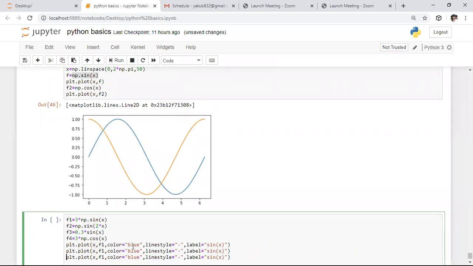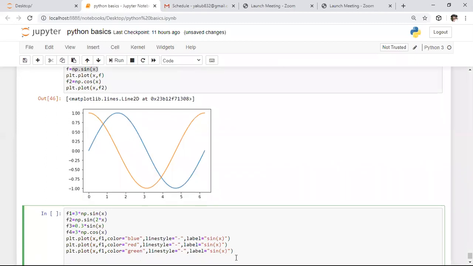Here, the first thing I want to represent with the blue color, and the second line I want to represent with the red color, and the third thing I want to represent with some more color, that is, I want to keep green. For the next line I want to represent with one more color. Which color do we need to represent that with? Yeah, gray color. So I kept gray here. So these are the different colors I kept.